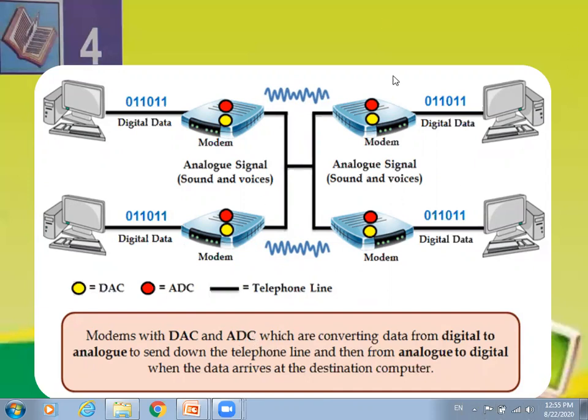So here this is a complete working and block diagram of digital to analog signals and sound and video signals, how they can be converted and transmitted over the internet. Data is always passed to the modem in the form of 01010, which is digital data, and the modem takes this data and converts it into an analog signal and then passes it to the next computer. On the receiving end, the modem takes the analog signals and converts them back into digital signals in the form of 0101, and then sends them to the required computer. So this is the complete working of a modem.